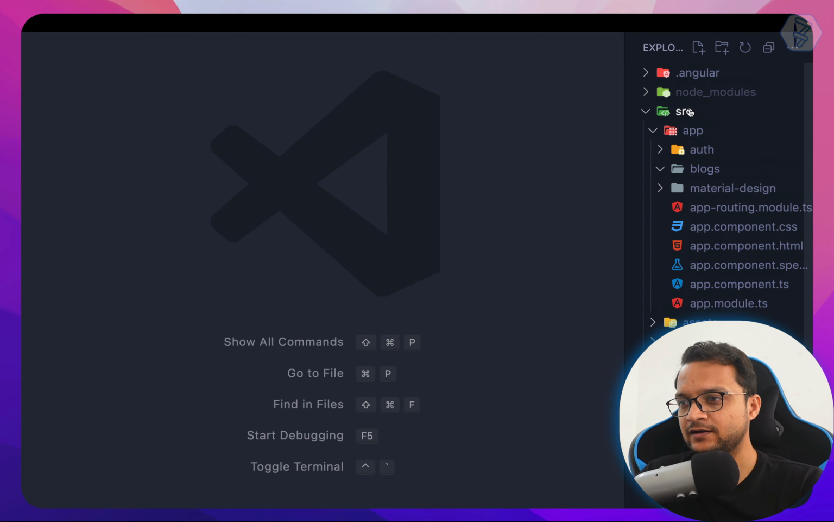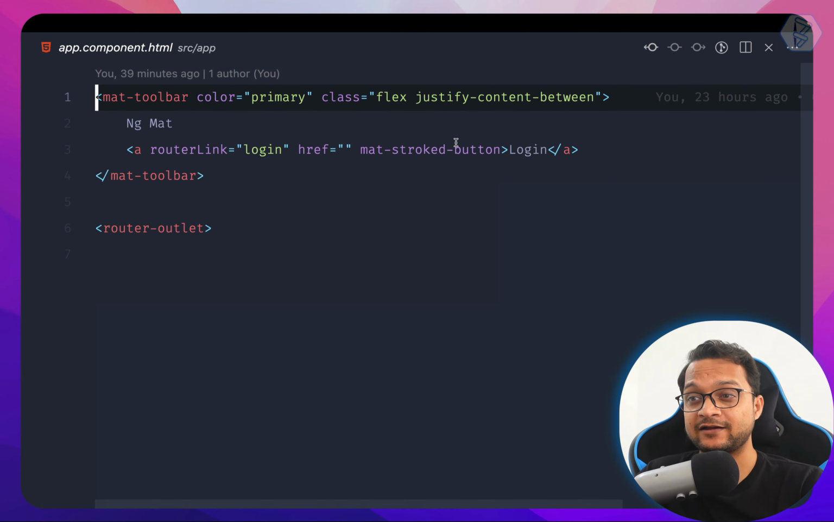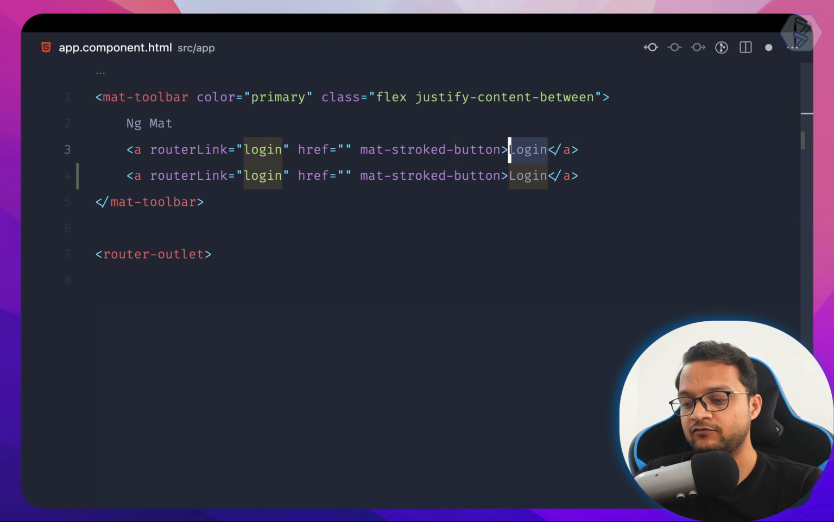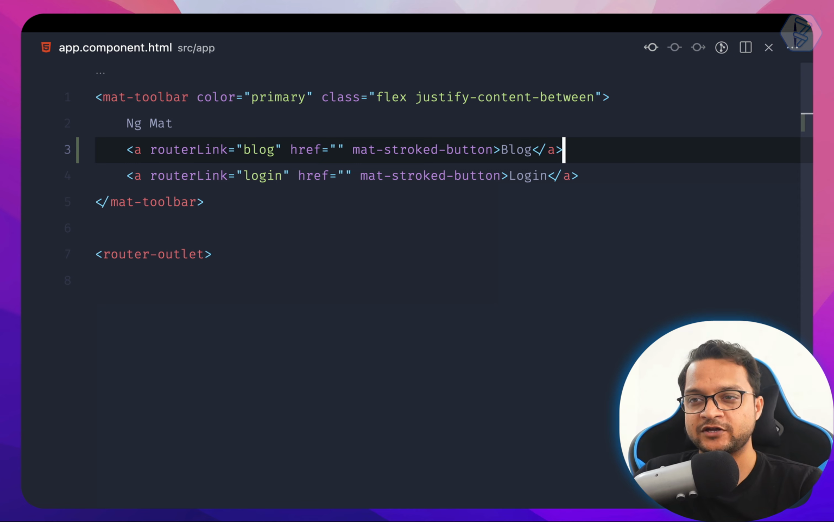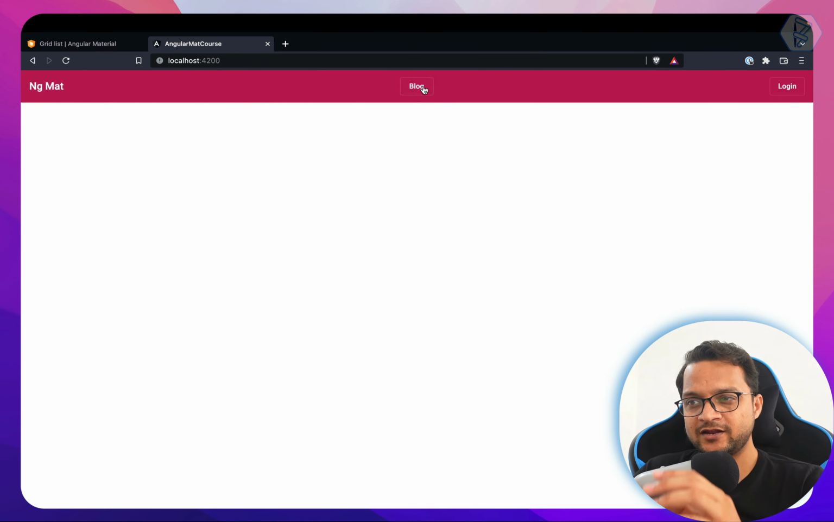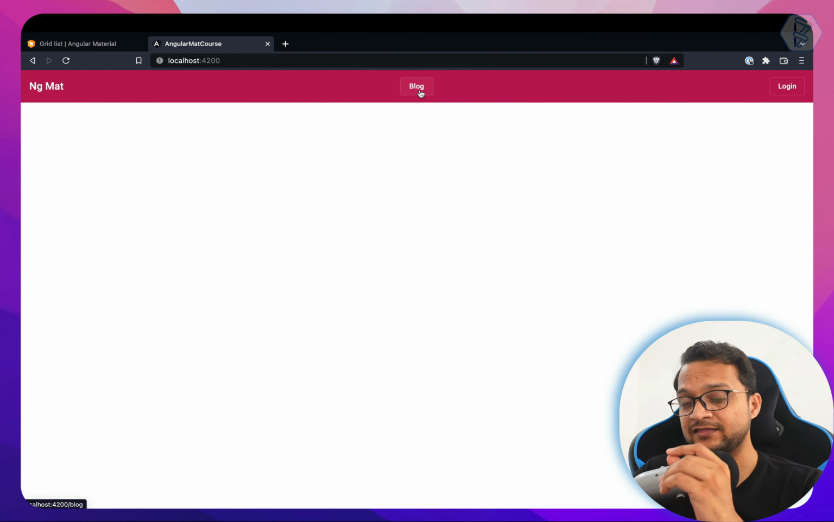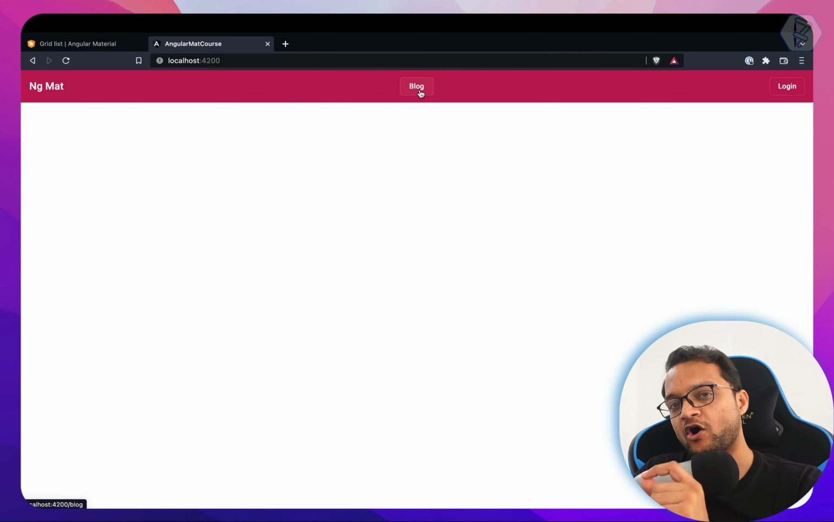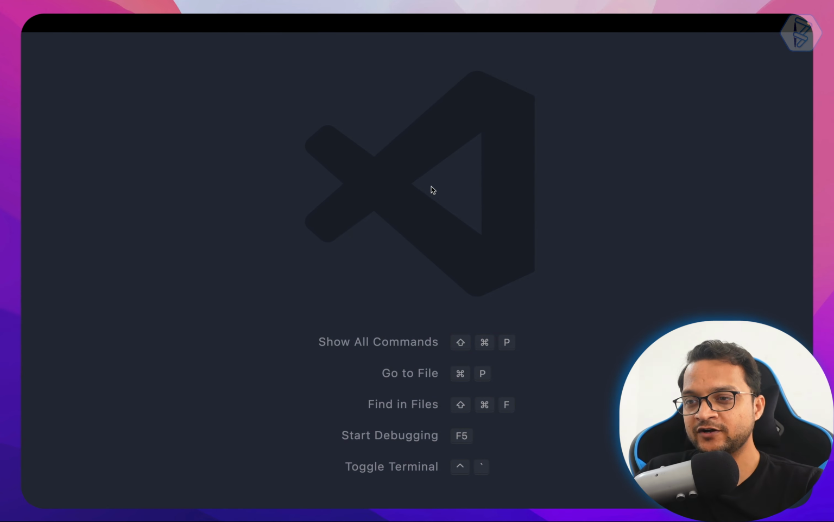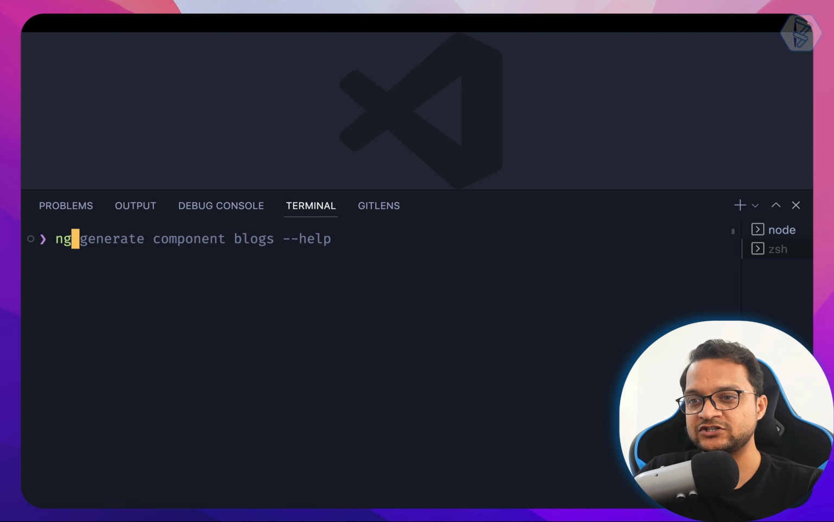So let's go to the app component. Just like we have a login, let's create one for blog and redirect the user to the blog page. Okay, so the button is at the center. If I click, nothing is happening because we don't have a blog component. So first let's create a blog component. So ng generate blog, and I'm calling it blogs. So inside blogs,